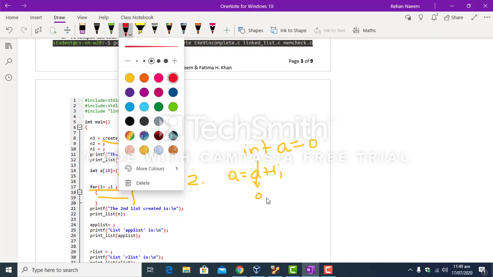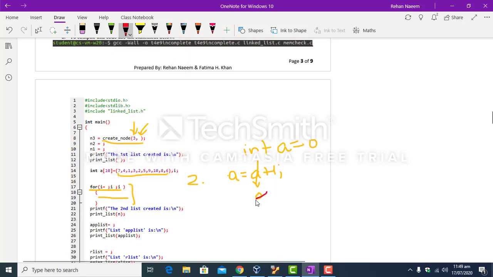And say for example I have written this statement inside a for loop, and when this statement is executed again, the value of A will no longer be 0, rather it will be 1, and now 1 plus 1 will be equal to 2, and 2 will be stored in A, and so on. Next time when this line is executed, 2 will be added to 1, 3 will be stored in A, and so on. So using this concept and using this function, you have to just write one line of code to create all the nodes of a linked list to store these elements of array A.